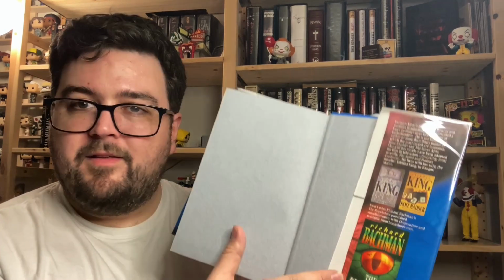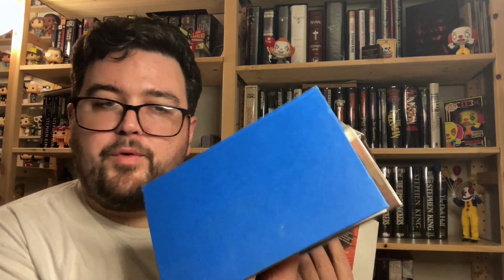There's an ad in the back flap for The Regulators. "Don't miss Richard Bachman's The Regulators, published simultaneously with Desperation and available from bookshops now." Very cool. Blue boards on that one. So I've been looking for Desperation and The Regulators for quite some time, and every time I find it, I find the UK first edition, and I don't know what edition this was, a book club edition, I don't know, but always